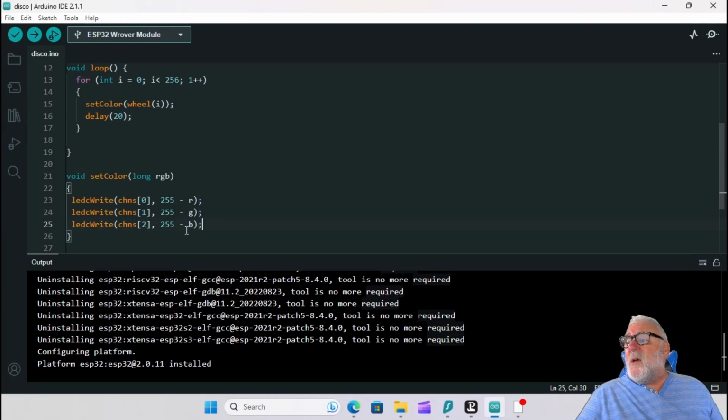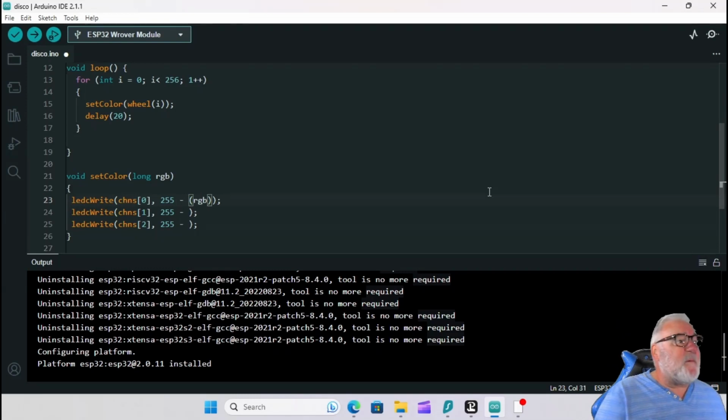All right, so it's channels, brackets on 0, comma, 255 minus, and this is where we change things. So we get rid of the R, get rid of the G, get rid of the B. All right, so from here, LED right. All right, after the minus, brackets on,